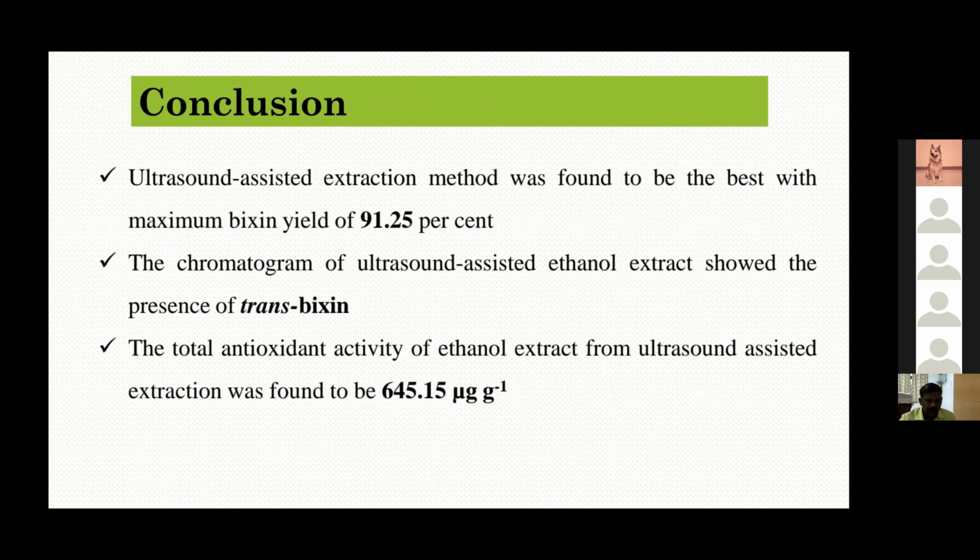compared to microwave assisted extraction for bixin, it is better to use the ultrasound assisted extraction method to extract the bixin compound, with ethanol being a reliable solvent that is obtained from the market. So I have yielded about 91.25% of bixin, and the total antioxidant activity of